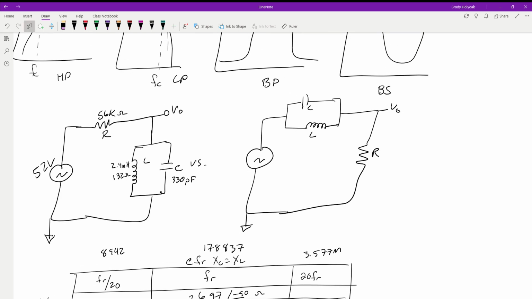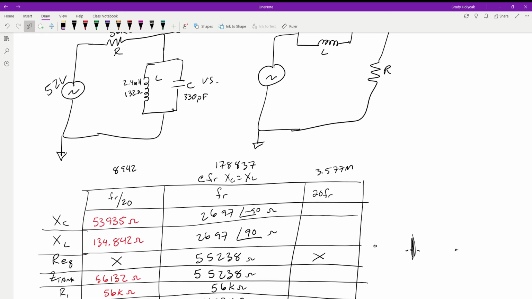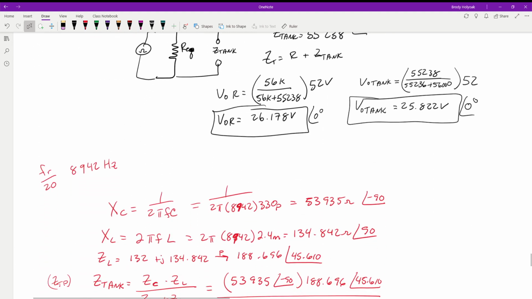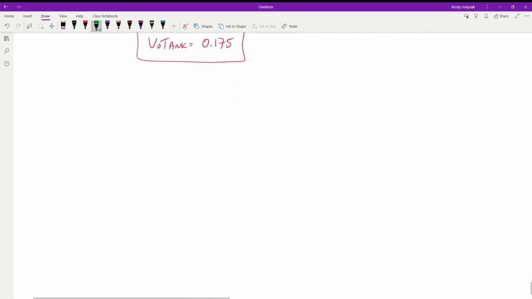We're either solving it for the voltage across the resistor or the voltage across the tank. That way we don't have to go through these calculations twice, because a lot of them are going to be the same, and we can see what this is going to do. So now, let's solve this exact same circuit, but now we're going to solve when we're 20 times our resonant frequency. So when we're at FR times 20,